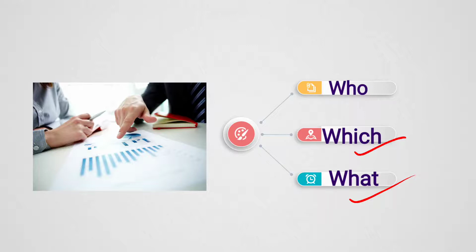Clear? So the general rules for using interrogative pronouns: who we use to refer to people only. Which we use to refer to both people and things. And what we use to refer to things only. And when which and what are used with nouns, they are called interrogative adjectives. And when they are used without a noun, they are called interrogative pronouns.